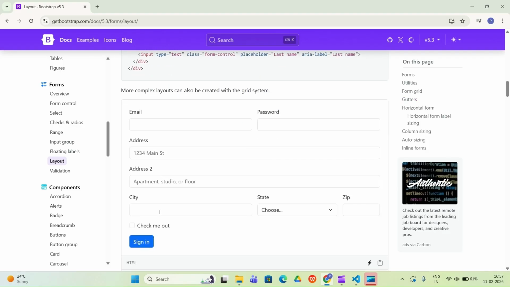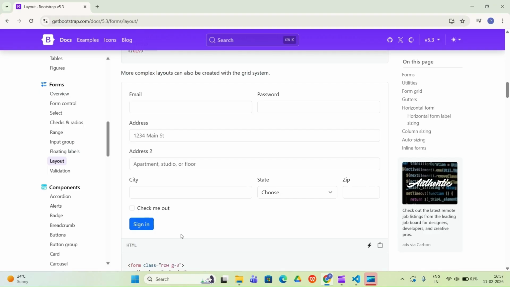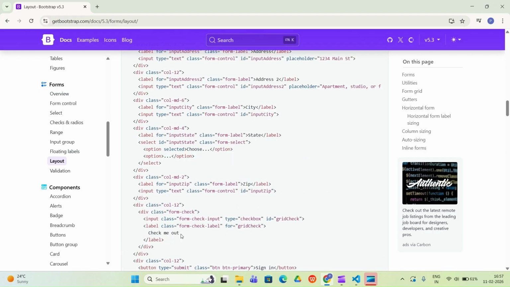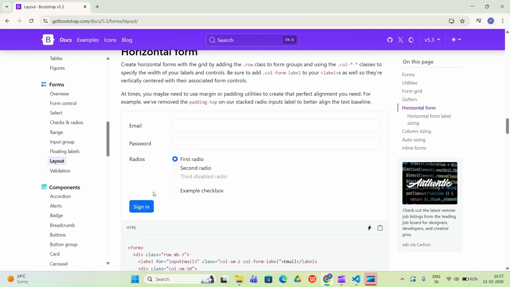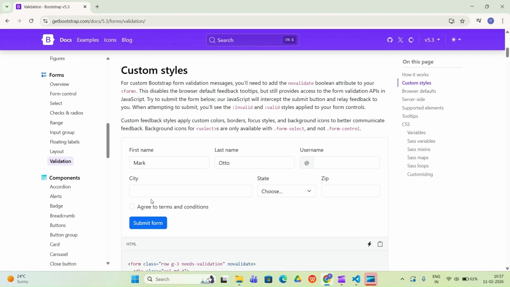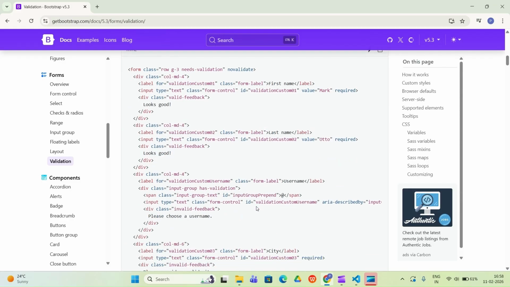Now you can see this is the full-fledged form, like email, password, address, city, and this is how we want it in our login page. You can use it like this also. Other ways are also given. You can check and see what is valid for you, and you can just copy these codes from here and use them directly in your project.